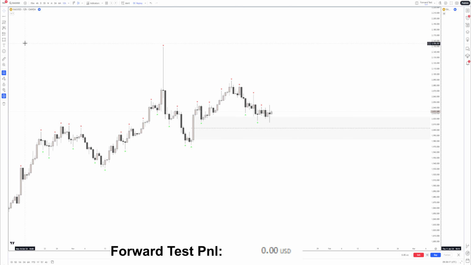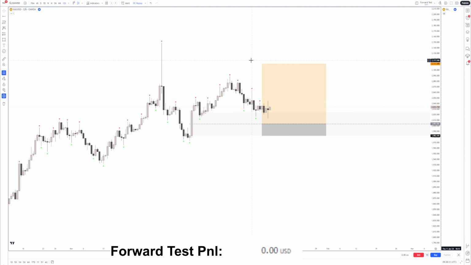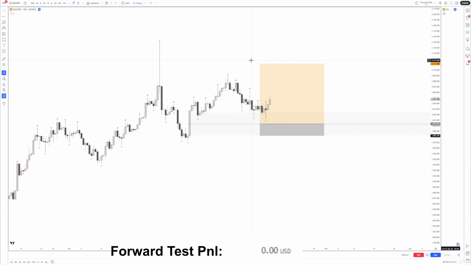So this is what we are looking to do. We're looking to enter there with stop loss at the candle body there, at the lower candle body there, and we're aiming for a 5-1. That's what we're aiming for. Whether we get it or not, that's a different story. Okay, so far